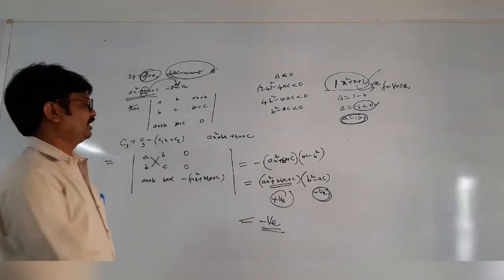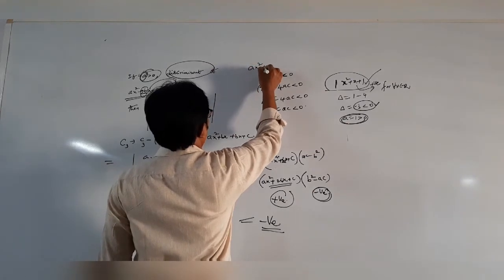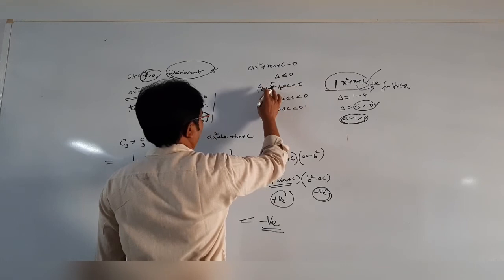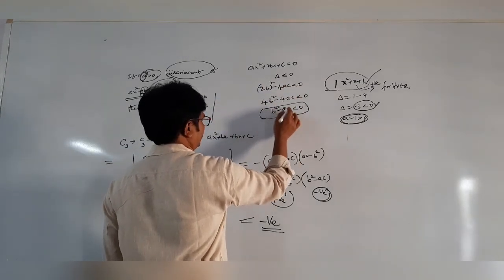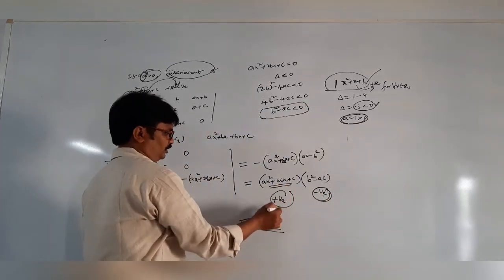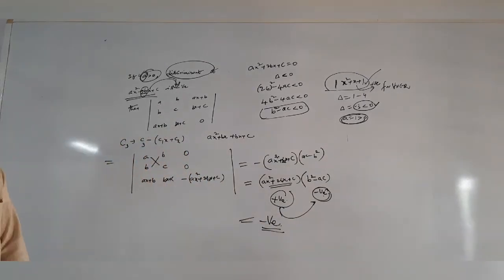Is it clear? So dear students, first you can write the discriminant of ax square plus 2bx plus c equal to 0, that is b square minus 4ac. Here b square minus ac is less than 0, meaning negative. This is always positive, and positive into negative is negative. Okay students? Write down, this is also a previous JEE Mains question.